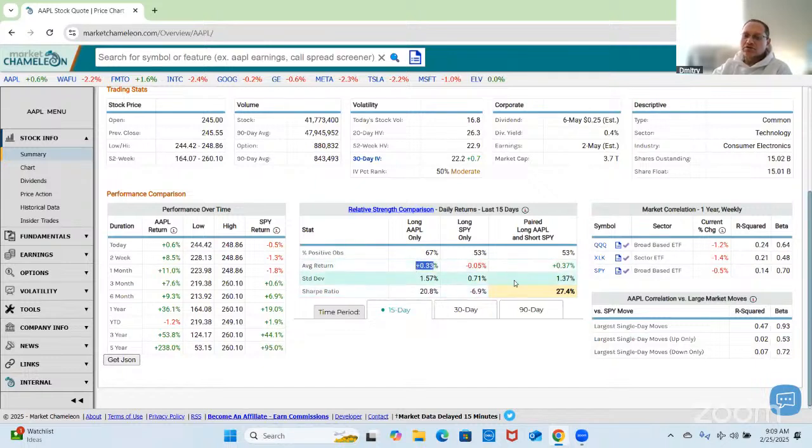Higher than these other benchmarks. So this gives us now an idea of the performance of Apple on a relative basis versus the rest of the market. You could do that versus similar stocks. You could do that versus maybe the industry that you pick out,